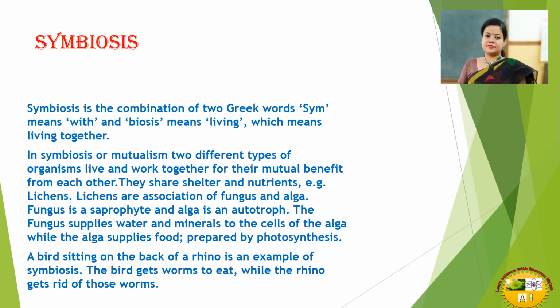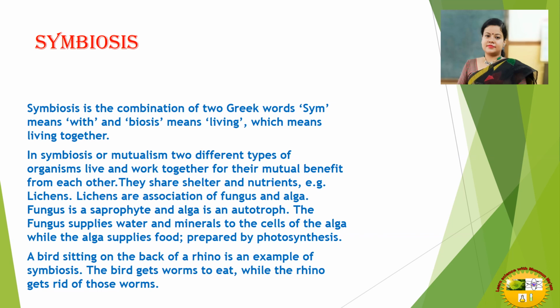Next kind of nutrition is symbiosis. Symbiosis is the combination of two Greek words. Sym means with, biosis means living, which means living together. In symbiosis or mutualism, two different types of organisms live and work together for their mutual benefit. That means they cause some benefit to each other. They share their shelter and nutrients. Example,